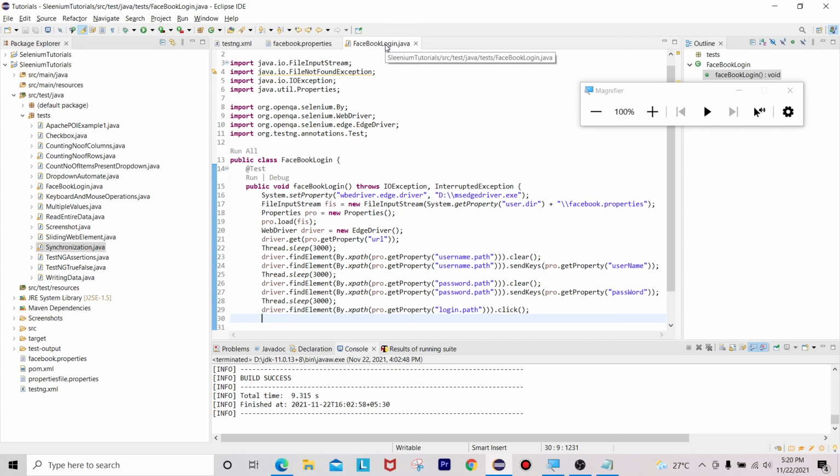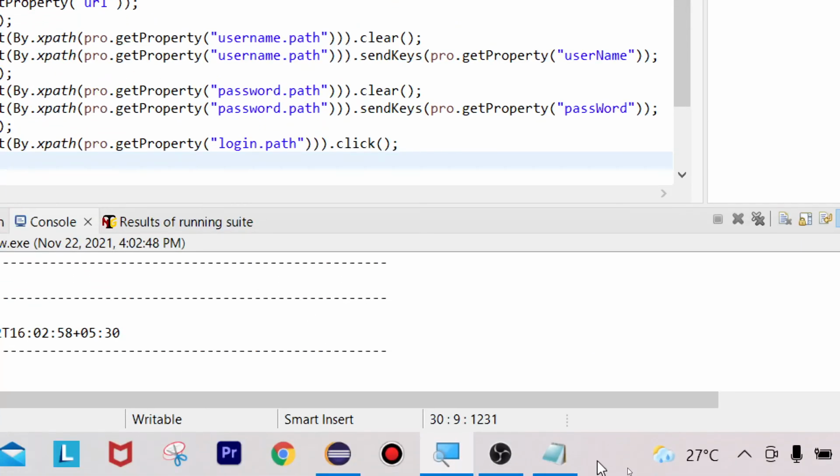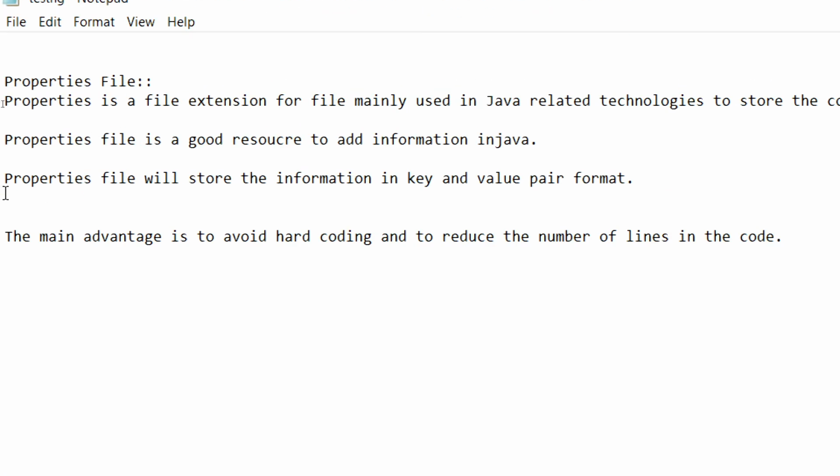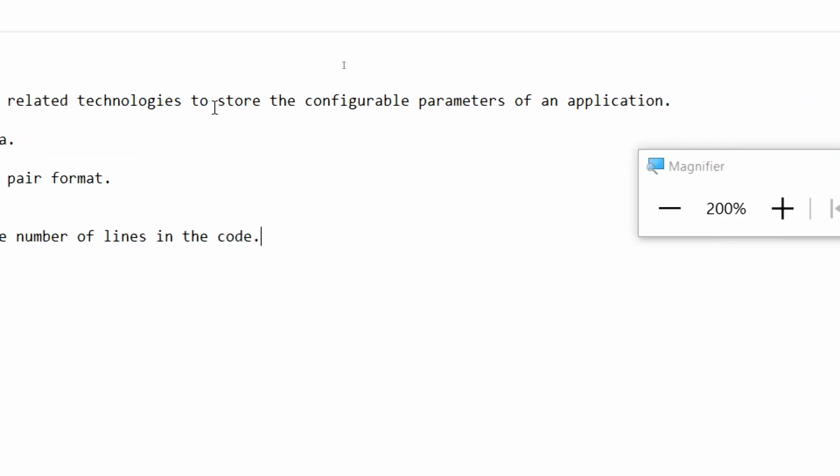So what is a properties file here? Let me zoom in by using the magnifier. Properties is a file extension for files mainly used in Java related technologies to store the configurable parameters of an application.